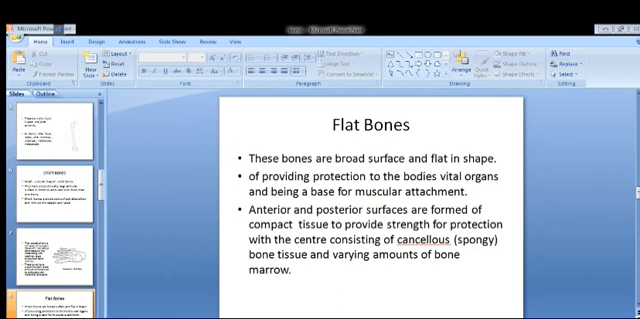Flat bones. These bones are broad in surface and flat in shape, providing protection to the body's vital organs and being a base for muscular attachment. From the name itself, we can make out that these are the flat bones. They have a flat shape, and when it is flat, obviously these bones will have a broader surface area. Such a structure is provided so that it can protect the vital organs,